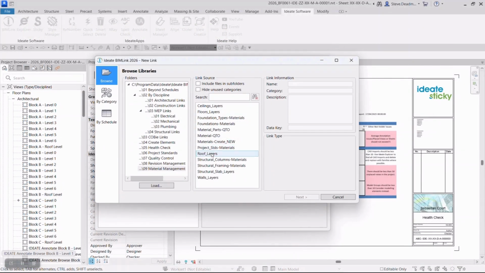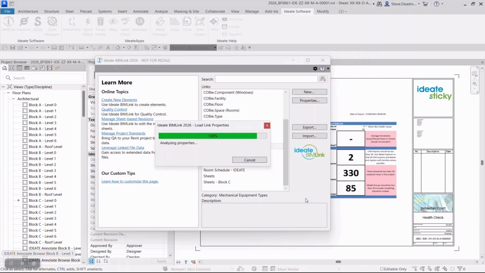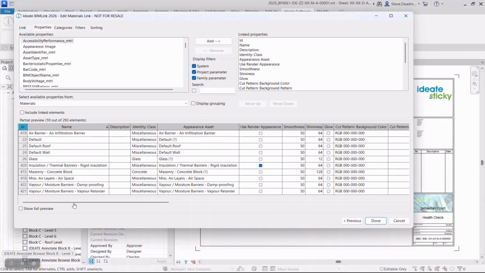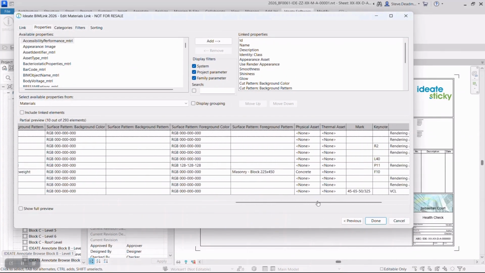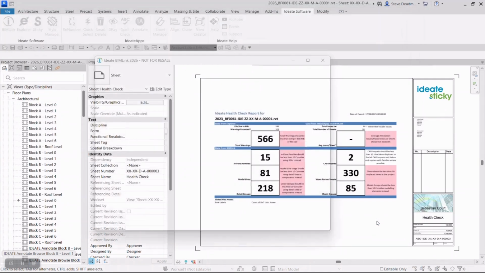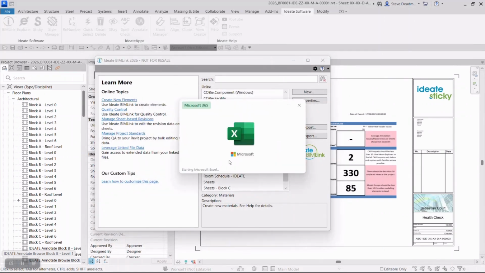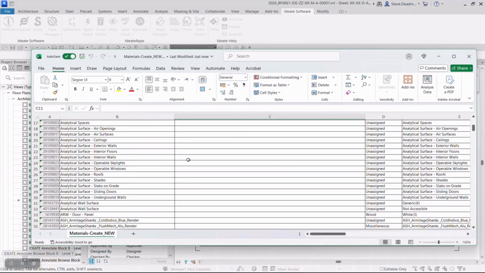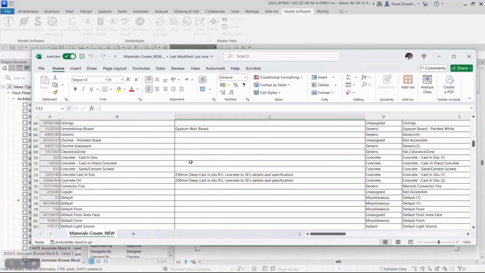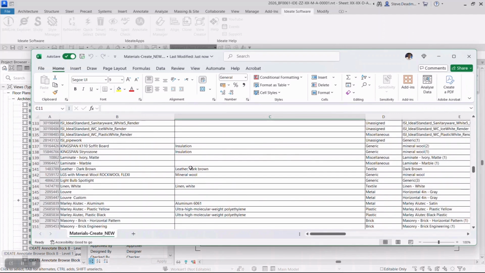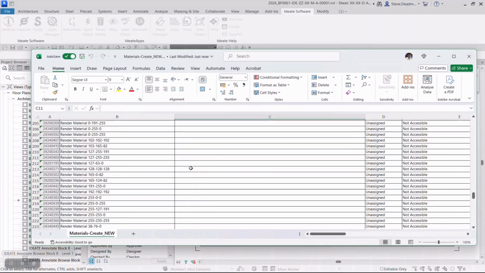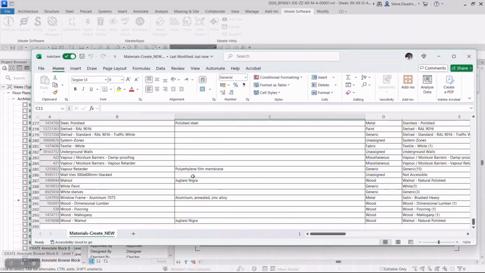As you can see in this video, we've introduced the Create New Materials BIMlink link definition, allowing you to export materials data to Excel, editing properties like name, color, and assets, and even get a sense of how this material renders in your project. These are particularly helpful for architects, interior designers, and increasingly important for structural users focused on